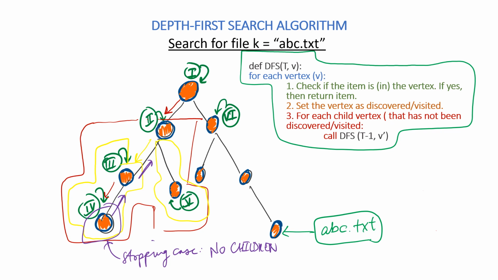I marked it in orange, and just take another color. Right. So I'm looking at this right subtree of vertex 2. This is the left subtree of vertex 2. So I look at the right subtree of vertex 2,